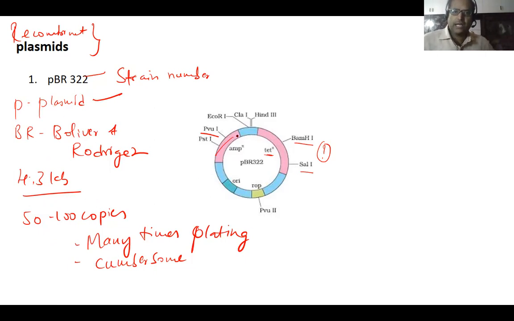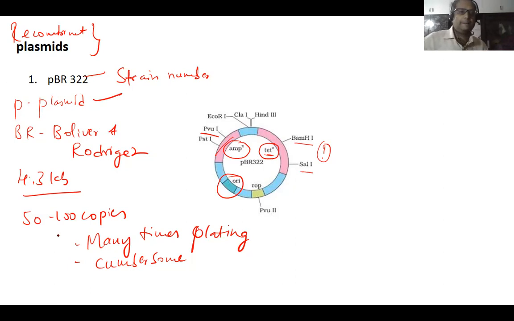Look at the diagram on the right hand side. Already we have two selectable markers: tetracycline resistance towards the right side, and towards the left side we have ampicillin resistance. This is the ori site, the first essential feature that we mentioned, the origin of replication, and these are the two selectable markers. So we can put many different genes inside, because multiple cloning sites are there. How are you identifying multiple cloning sites? On the right hand side we can see many restriction endonucleases. What is the function of restriction endonucleases? To cut, and ligases will be there to join. Okay, so this is how we are identifying it.